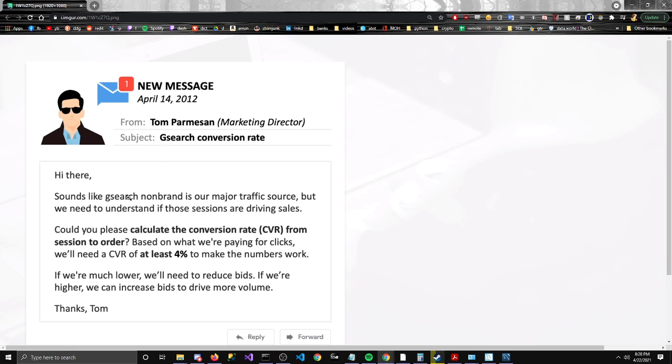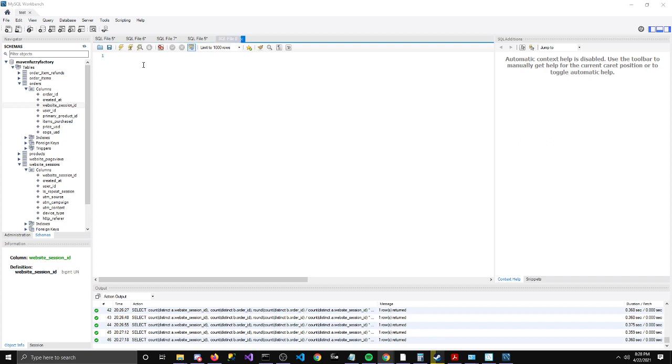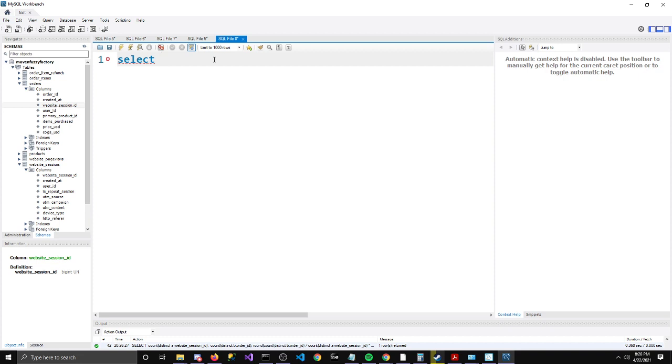It's G search and non-brand. This is what we're looking for. This is our go-to. Let's get it started. So we'll do, let me zoom in real quick. Select from, and this is going to be coming from